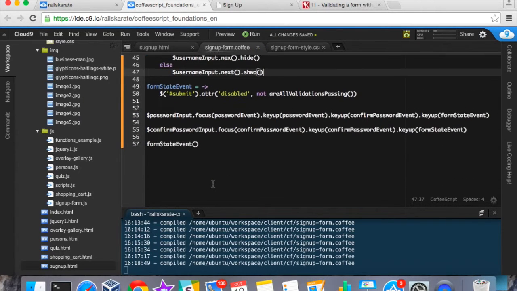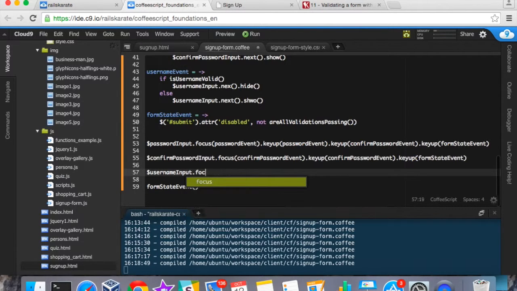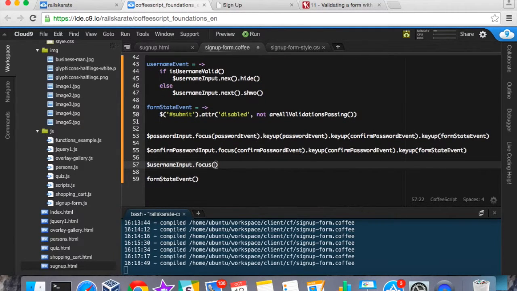The last step I want to do is just to create the event right here. The jQuery object we want to perform the event on is going to be usernameInput, and then we call focus to check when the field is active, and we will call this usernameEvent,